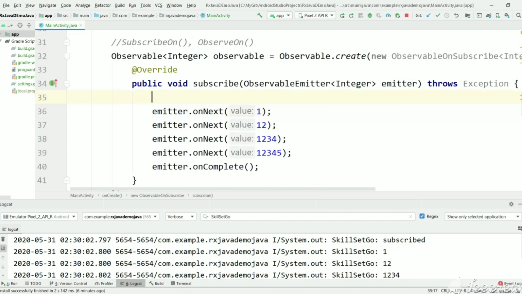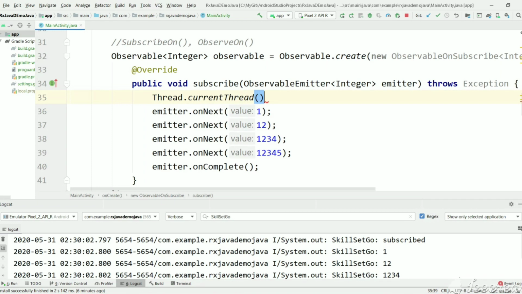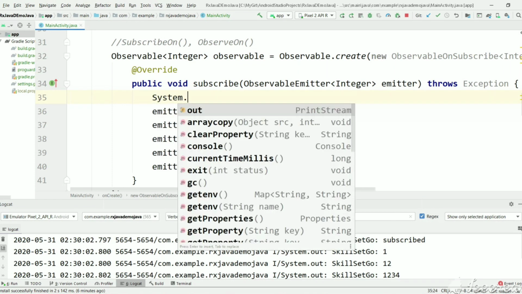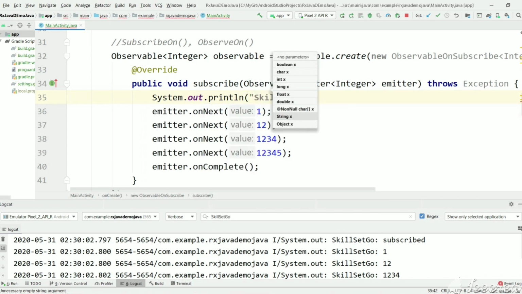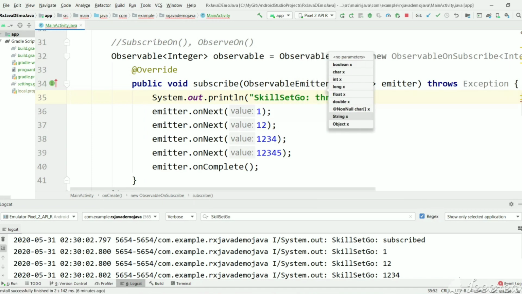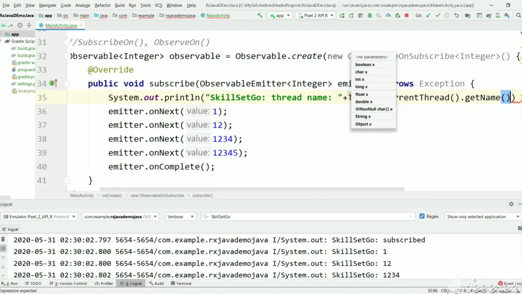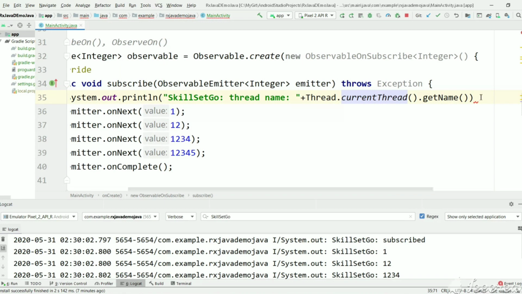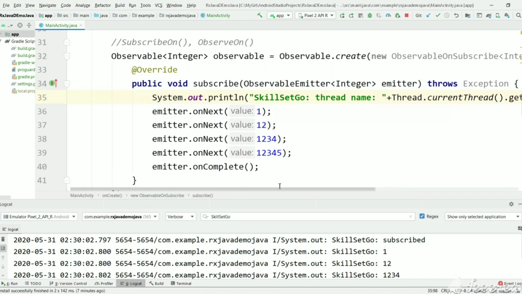So just print a thread name, Thread.currentThread().getName(). This will tell us the observable is running on this thread presently.